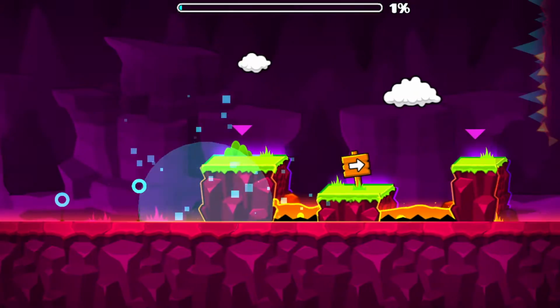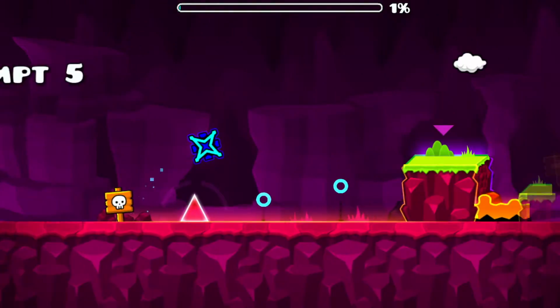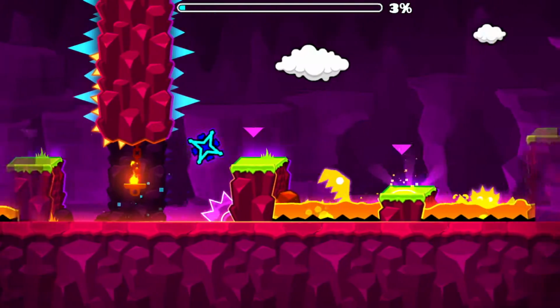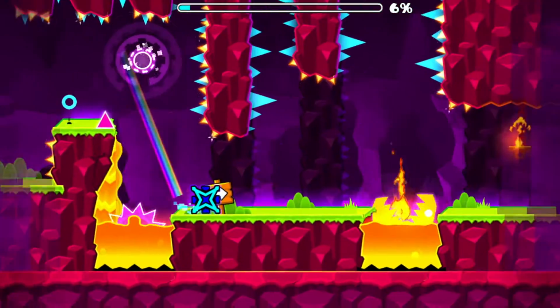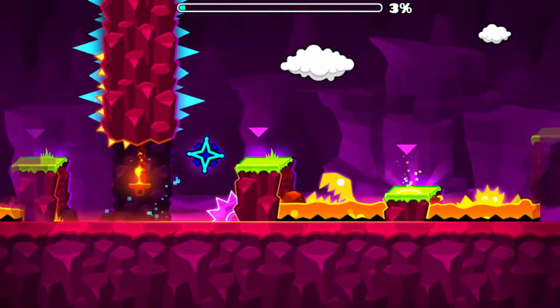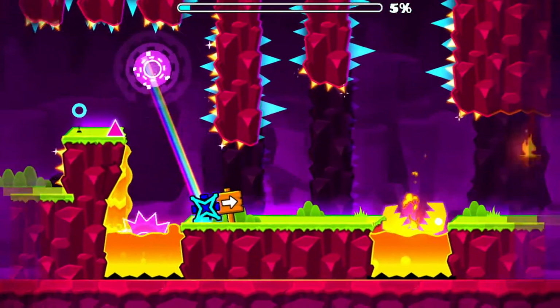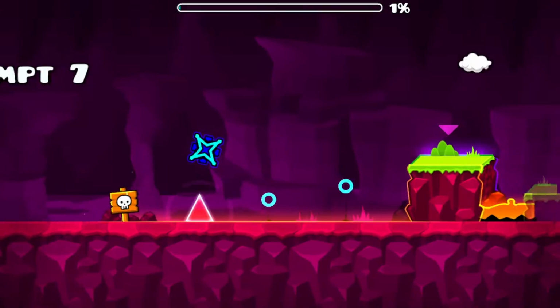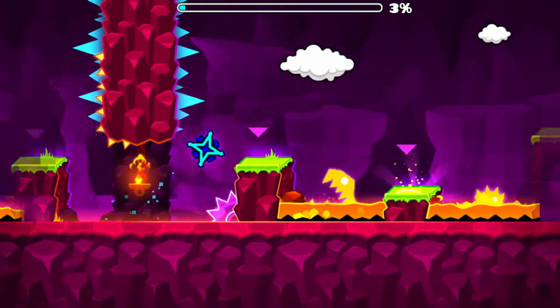So, guys, hold on, just give me a second. Okay, so now that we're in 2.1, finally, everything here looks awesome. Look at the background as well. It's so beautiful. Oh, wow. So the first new mechanic that we're getting introduced to, there's new signs, a new background.